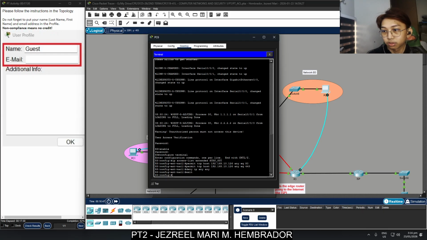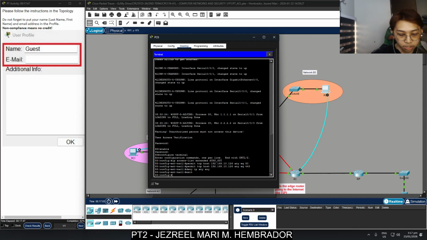To allow the return traffic, I will create a second ACL named surf_in. This will only allow TCP traffic that is part of an already established connection to return to PC1.